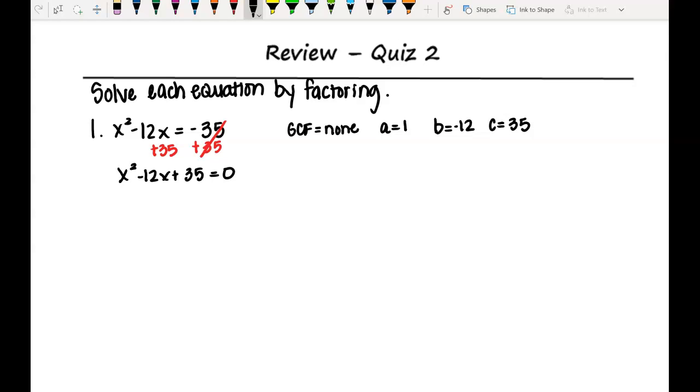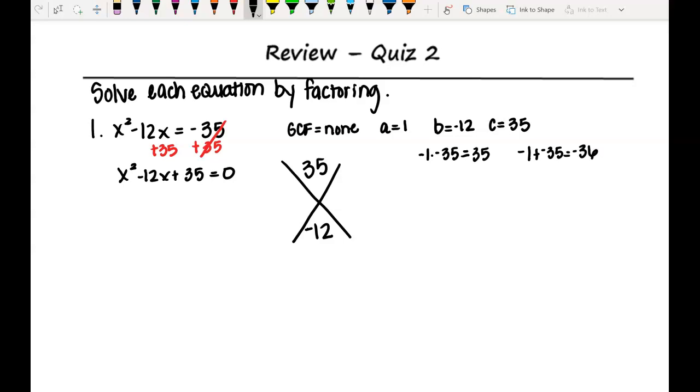Once we've identified A, B, and C, then we can set up our X. 1 times 35 is 35, B is negative 12. So I need two numbers that multiply together to equal positive 35 and add up to negative 12. The only way I can get a positive product and a negative sum is if both factors are negative. So negative 1 times negative 35 is 35. Negative 1 plus negative 35